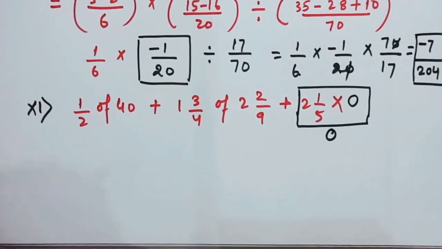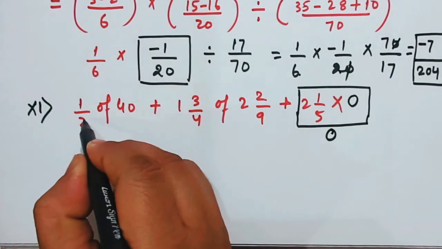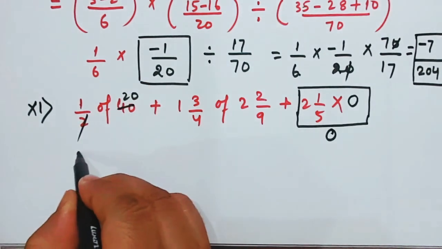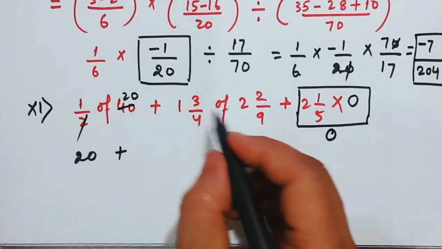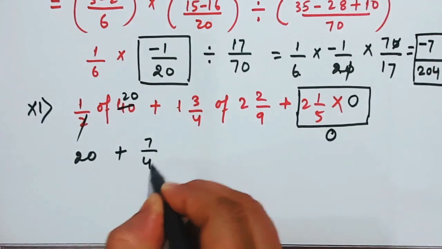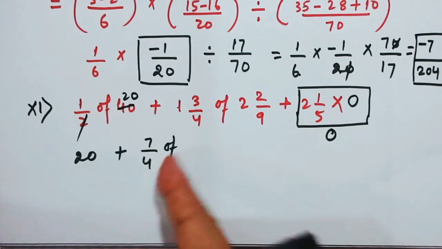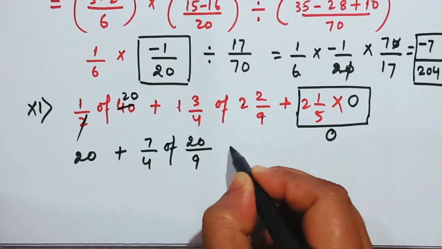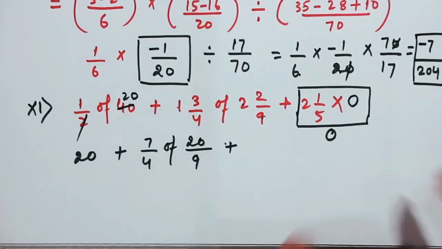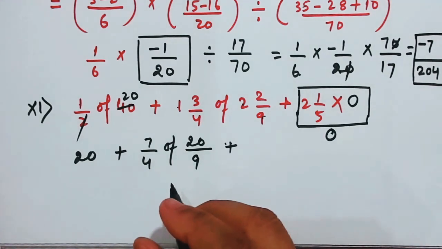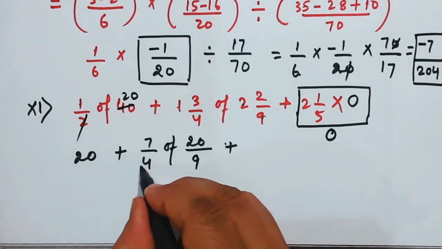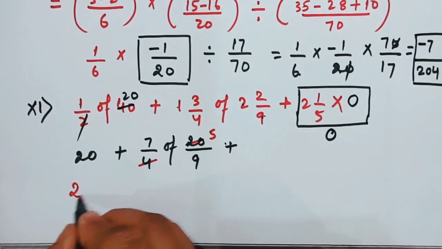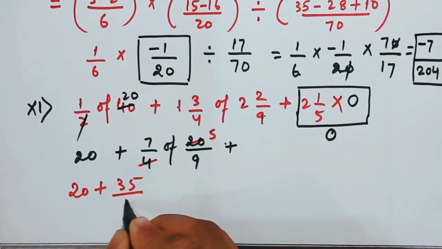So moving on to our next step. Here you can find that, see here क्या बात है, 2 20 times. So I have cancelled. आ जाइए लिखिए 20 plus, otherwise you will forget it. 4 1s are 4, 5 6 7 by 4 off, and off means multiplication. Okay, 9 2s are 18, 19, 20 by 9 plus 0. So why will I write this 0? No need to write. Okay, have a look. 4 how many times? 4 5s are 20, 7 5s are 35 by 9. So 20 plus 35 by 9.